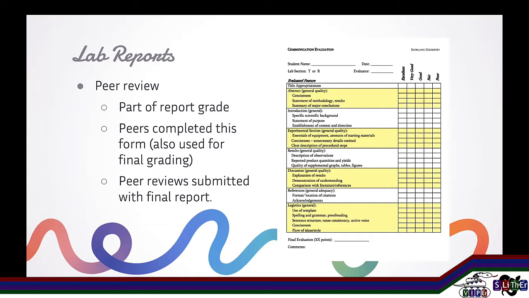In the first round, before I did the peer review part, the reports were abysmal. And then after I gave them some framework about what to expect, they got much, much better. And so that was, I feel, a really positive way of seeing how the lab report writing could get better, as well as helping those students learn from each other. It also meant that by the time I graded it, I wasn't the first person besides the writer who had looked at it. There was somebody else who had already looked at it and given them some feedback.